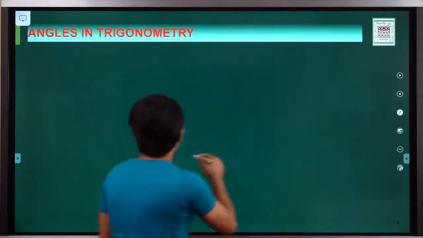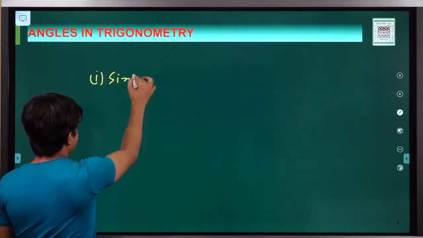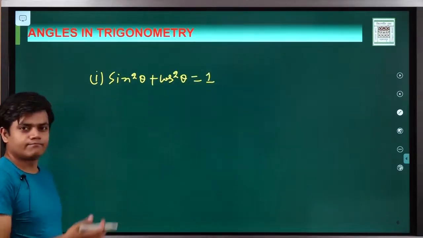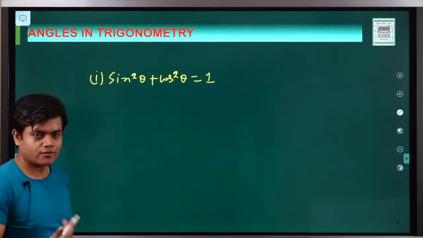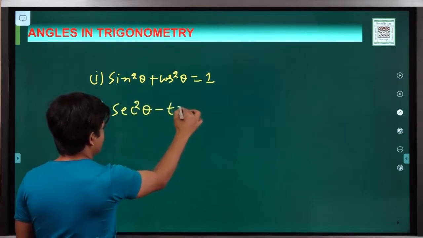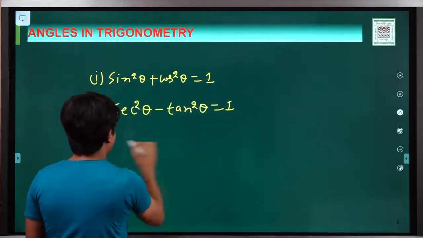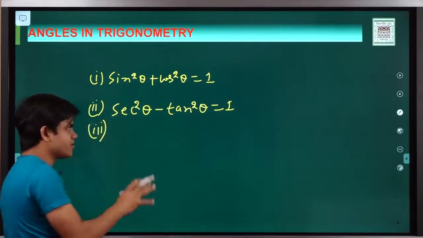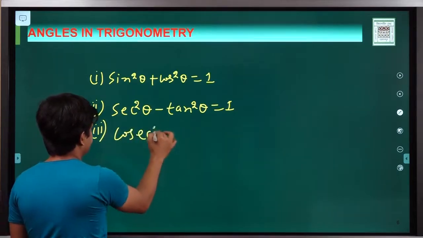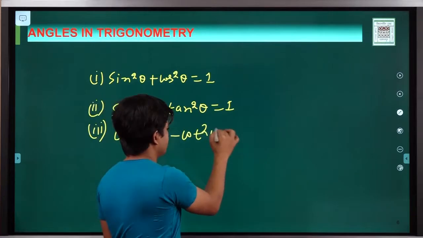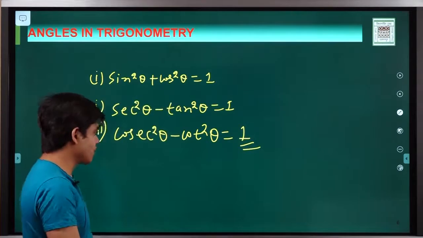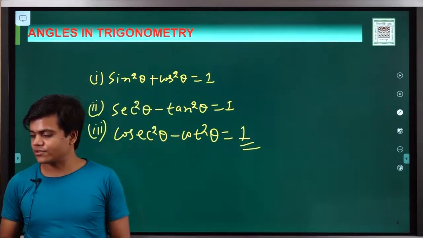So we have this identity, sin square theta plus cos square theta equals 1. We will derive this in another way also, okay? But in the fundamental way, you know, sec square theta minus tan square theta will become 1, and I will discuss it again in detail. And cosec square theta minus cot square theta equals 1. So these are the very fundamental things. All right, now let's have a question over here, and thereafter I will discuss something interesting.